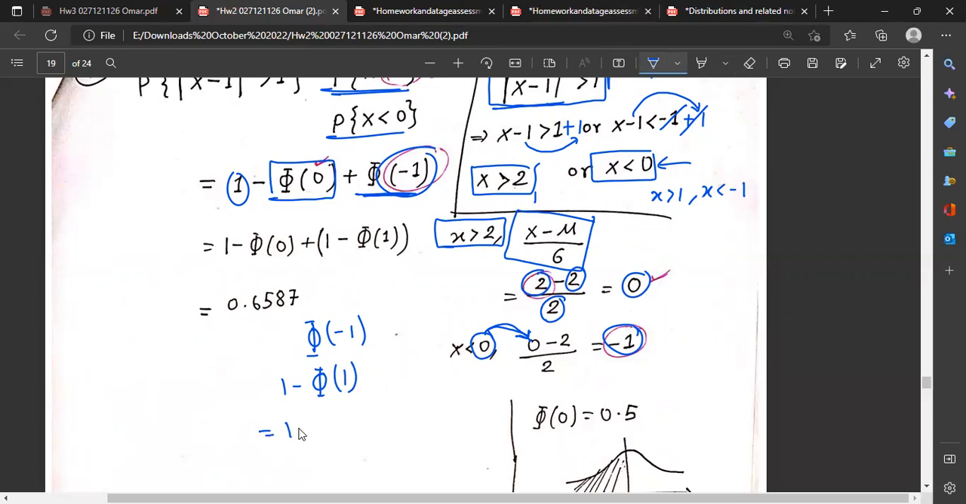So 1 minus phi of 1. The value of phi, if I calculate here, the table will give us the phi value, okay? Phi of 1 and phi of 0. So the answer will be 0.6587. You can use your calculator. So this way